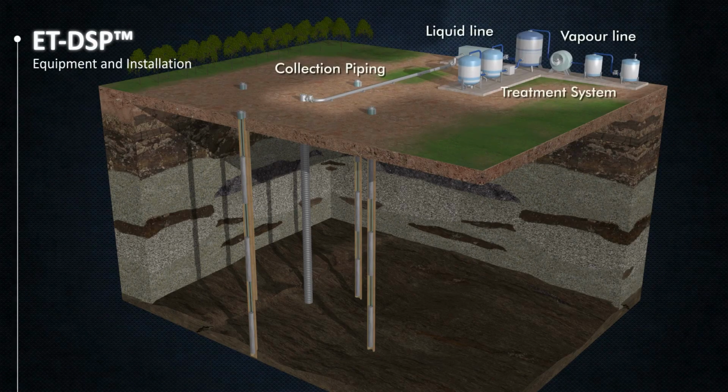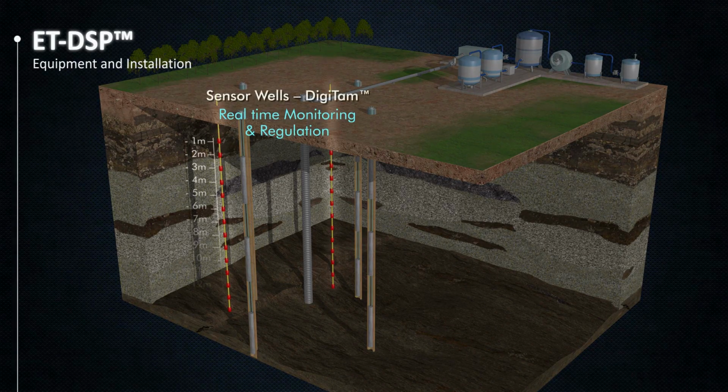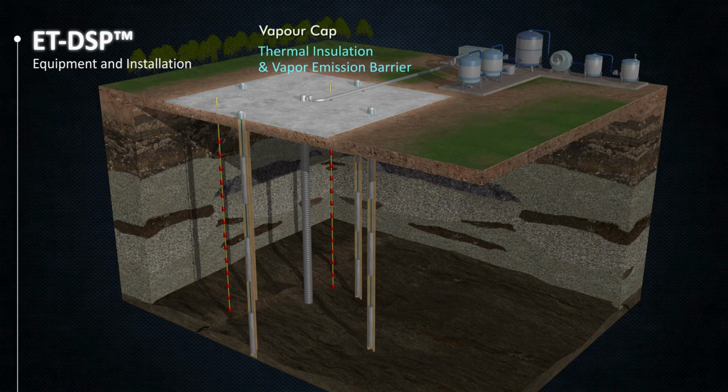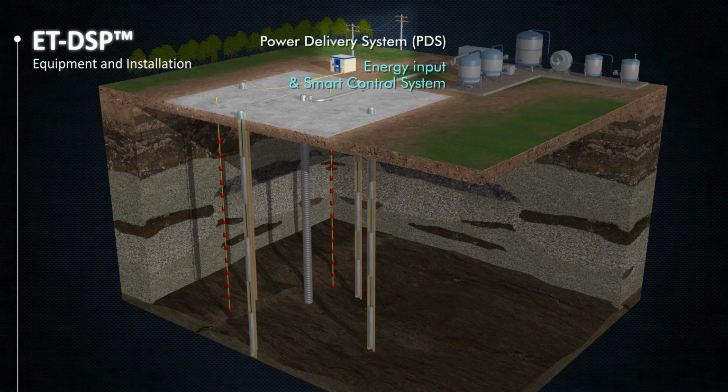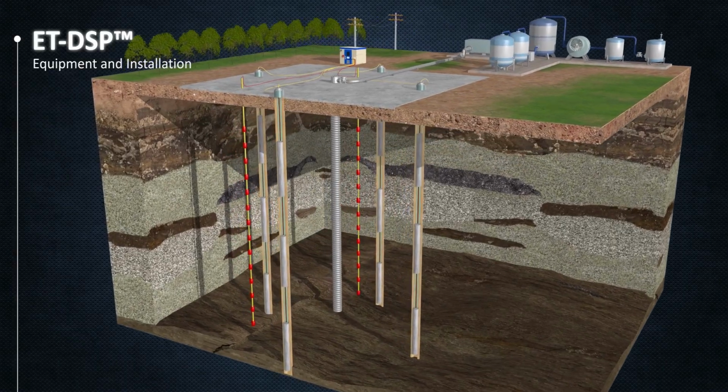Temperature sensors are placed extensively throughout the treatment volume to monitor the progress of heating and optimize the use of energy. A vapor cap provides thermal insulation, controlling fugitive emissions and optimizing chemical vapor extraction. Power delivery systems equipped with advanced internet-based computer control are used to evenly distribute electricity and water injection to the